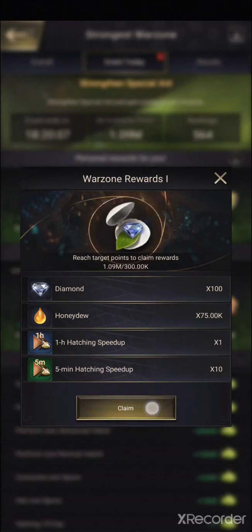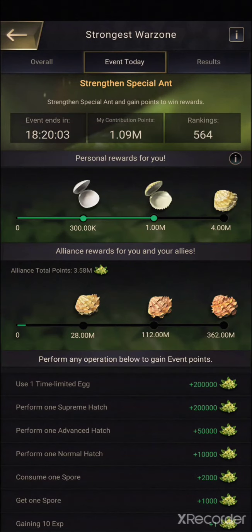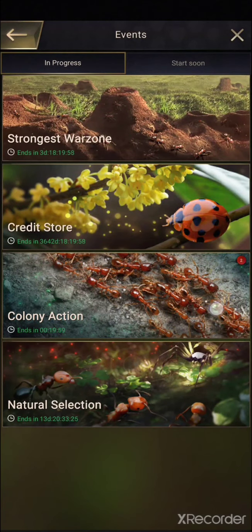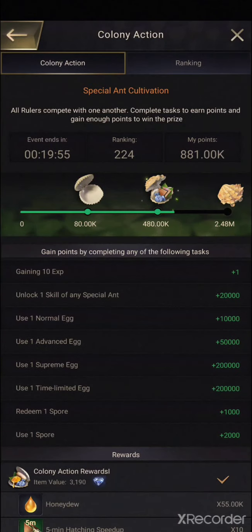With that I get diamonds, resources inside the boxes. I finish a colony action. I will suggest actually not overshooting your colony action, because I could have gotten actually another pair of boxes over here if I had just done the